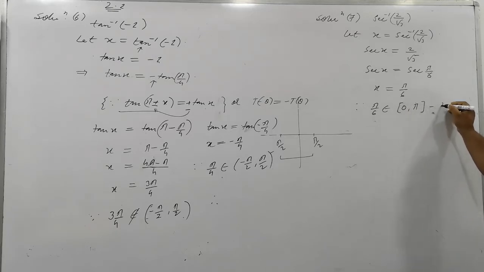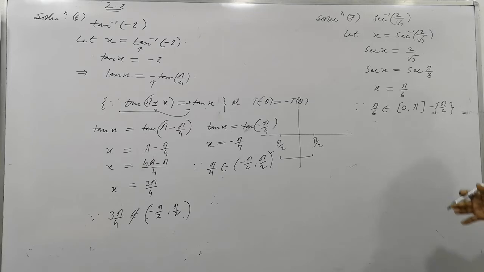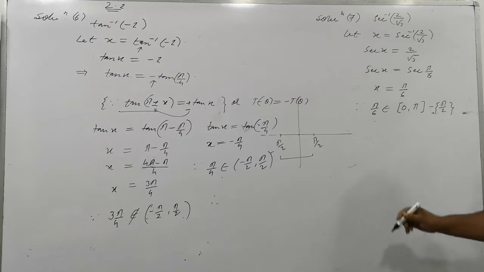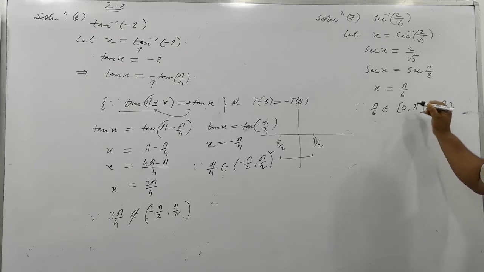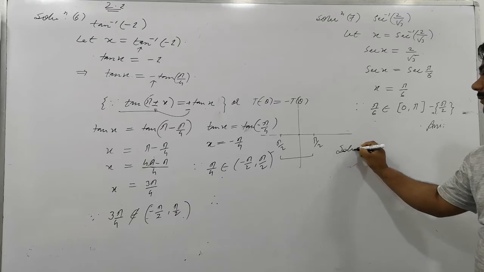And accepting pi by 2. Only one, not a range here. The representation of a set in braces is individual values, and the representation of a set in closed interval form is the range form. It is a group of ranges, a group of points, a collection of. So this is now the solution manner here, right? This is your answer. Is that clear? Now go on solving the next question, please.